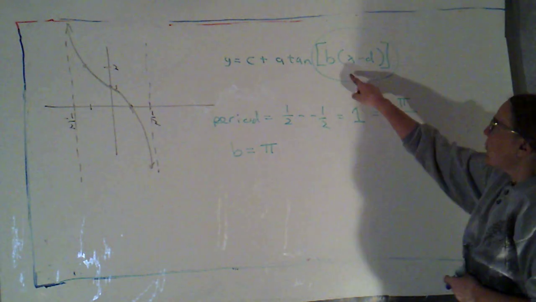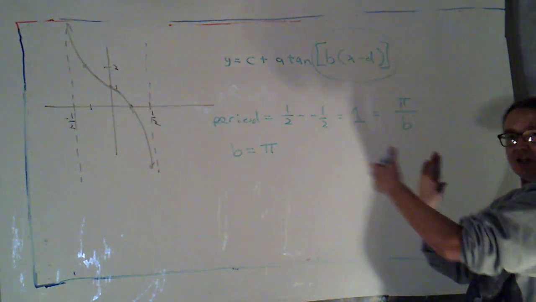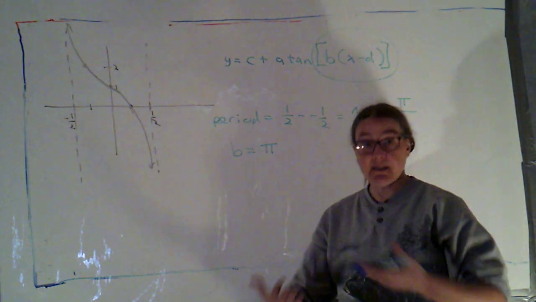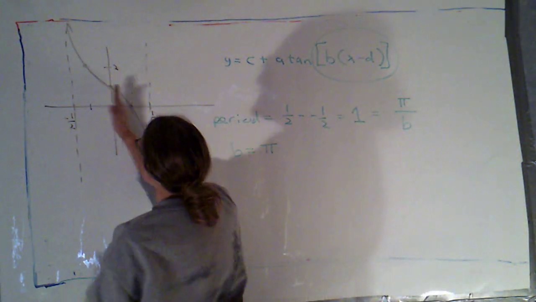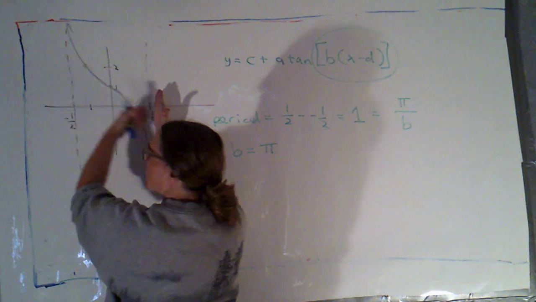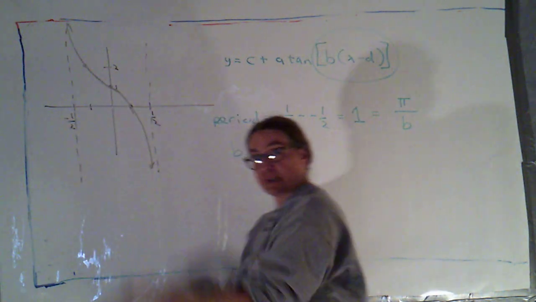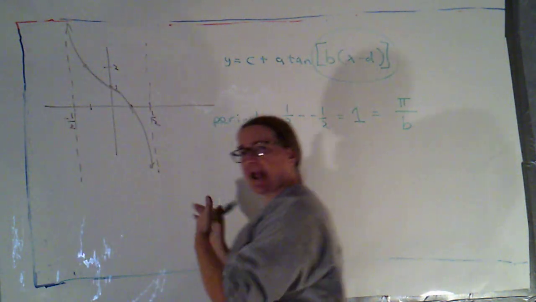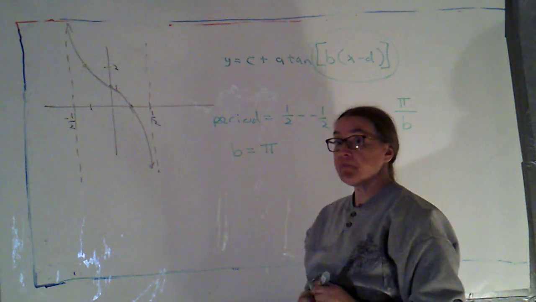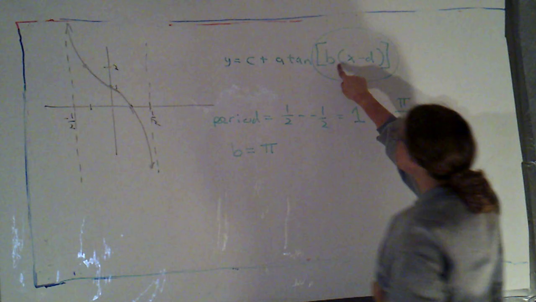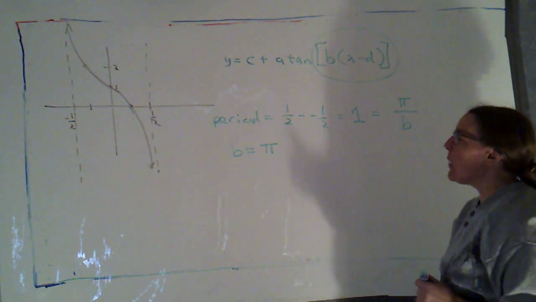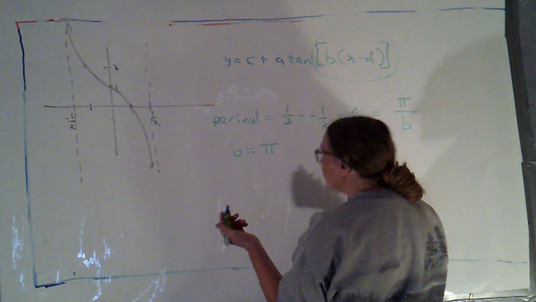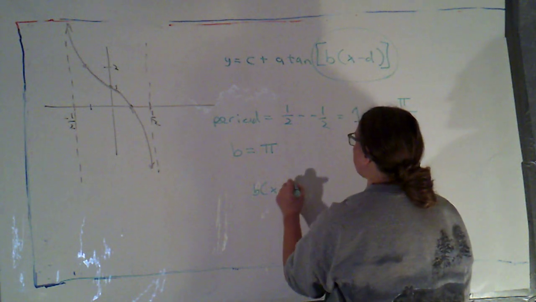Okay. Now, with that, I can start looking at d. Did I shift things at all left or right? Now, I might be comfortable at this point saying, no, I did not, because I can see these asymptotes are evenly spaced around 0. So even though this point isn't at a height of 0, because I've done some stuff to this vertically, I can see that the asymptotes are evenly spaced around 0, so I haven't shifted anything left or right. If I wasn't confident about that, once I know b, I can actually figure out what d should be. Because I know that we're going to go through one period as b times x minus d